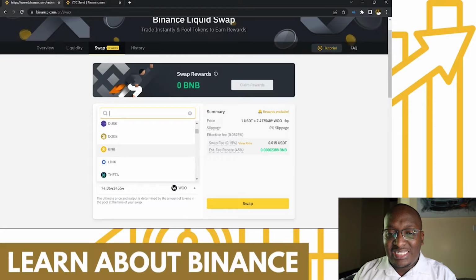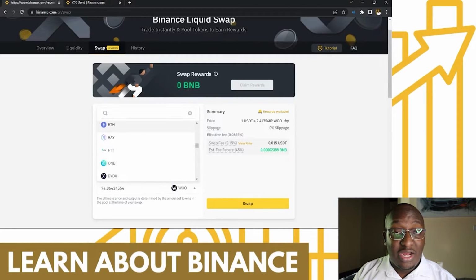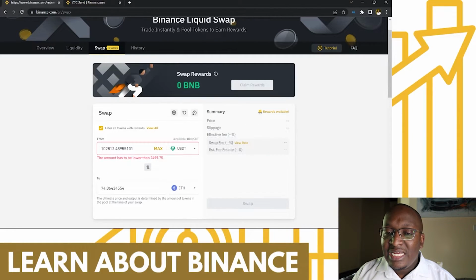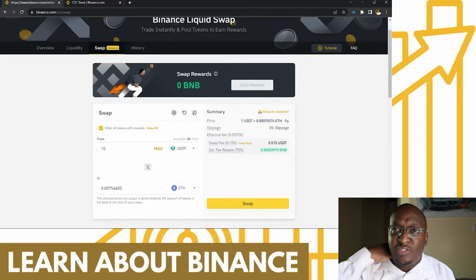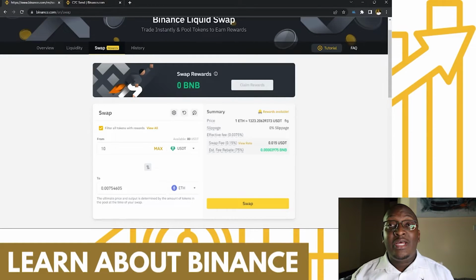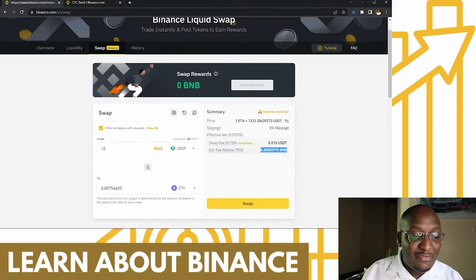USDT. And then on the side, what you'll actually see is we'll be charged 0.015 USDT, and 1 Ethereum we are buying at 1,323, and then we'll get 75% of this fee. So 0.015 USDT is about 1.5 shillings, around 2 shillings to do this conversion of about 1,200 bob. So then 75% of it is a reward back to us. So yes, we were spending and Binance would have made money on it, but they are giving us back 75%